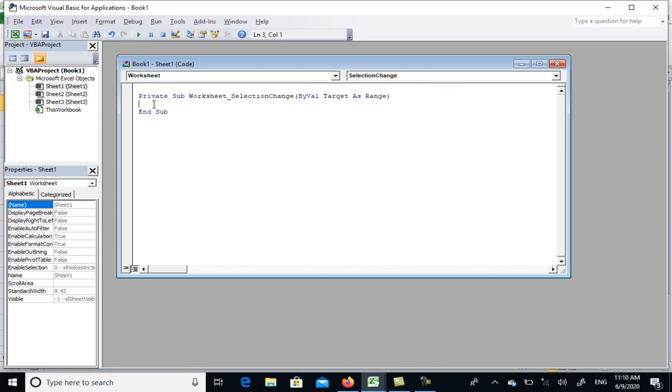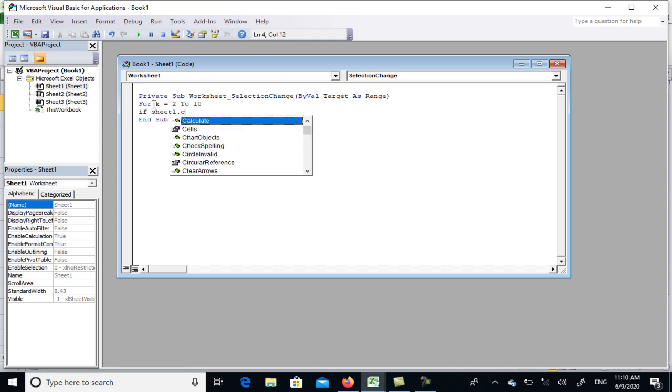Okay, so let's take a variable that could be ABC, anything. I'm going to take it K. For K equals 2 to 10, and if Sheet1.Cells(K, ...) is for the row here, which is from 2 to 10, and we have the age in column D. Okay, so if it is greater than or equal to 25, then